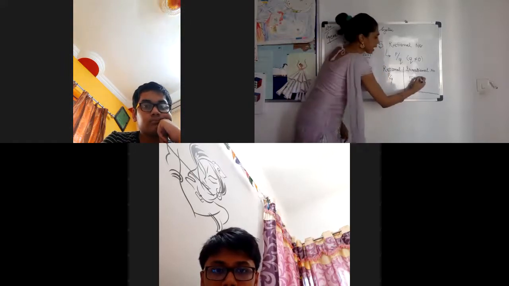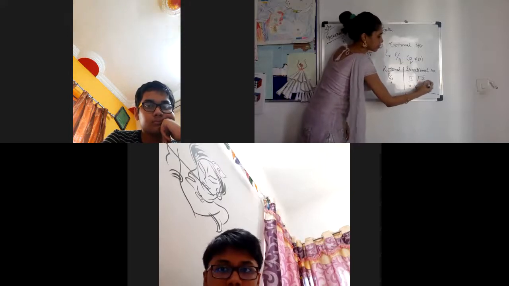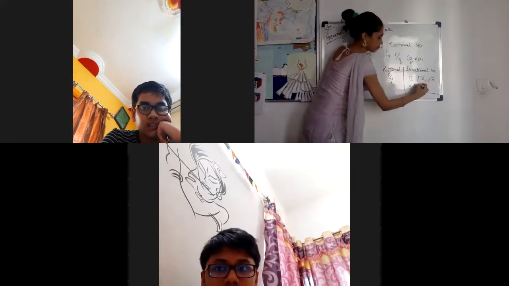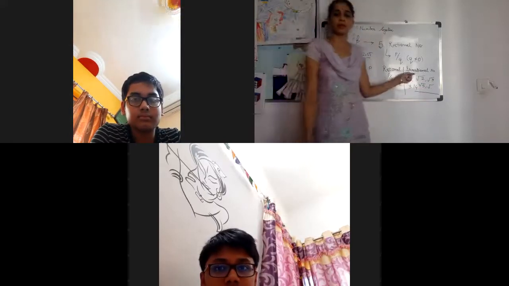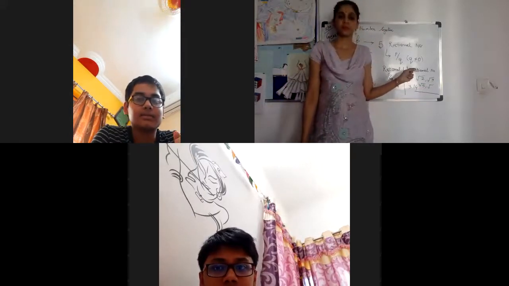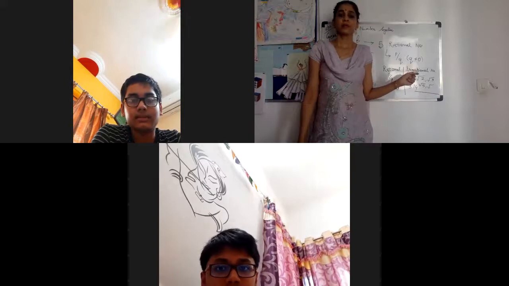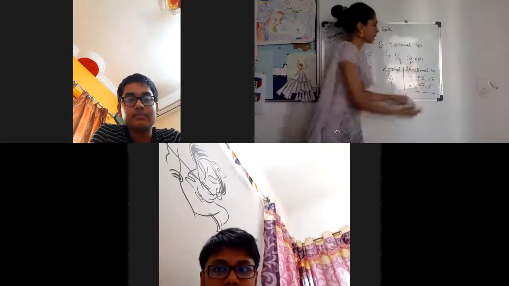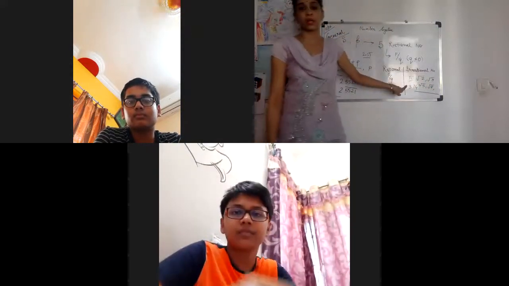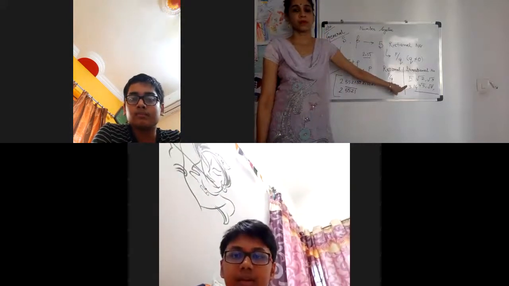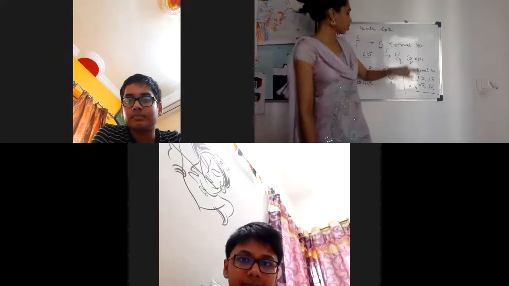So can you give me examples of prime numbers? 3, 5, 7. Yes. Even 2 is a prime number, isn't it? Yes, ma'am. 2, 3, 5, 7, 11, 13. So the square roots of these numbers are also in the category of irrational numbers. Am I clear now? Yes, ma'am, this is okay.